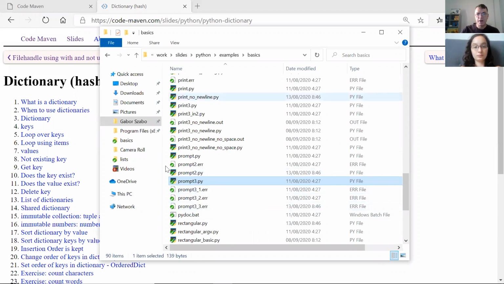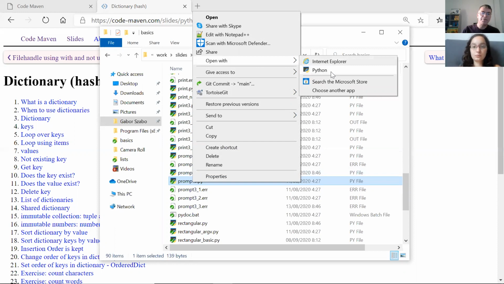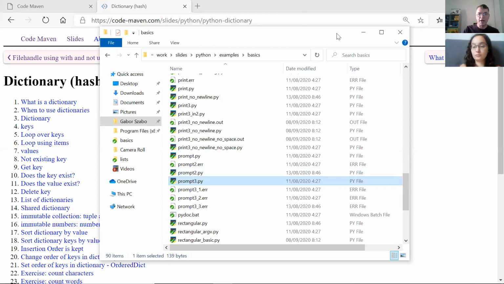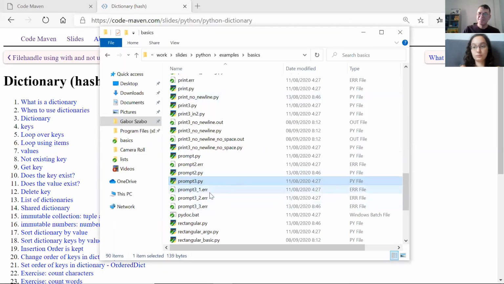I have here one of the Python scripts, and if I right click on it, I can say open with. I already have Python here because I already did it once, but normally you wouldn't. So now if I double click on it, oh, it already mapped it anyway. Okay. I tried not to have it earlier, but